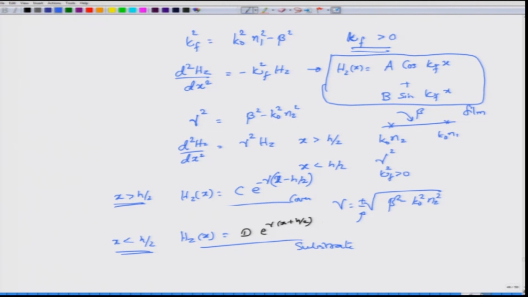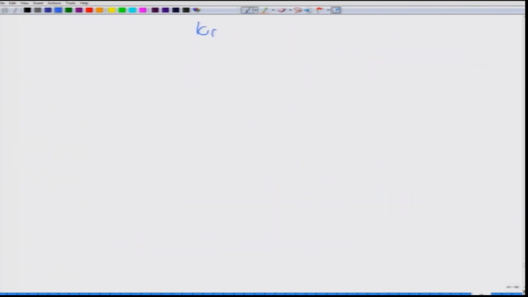Now, our step would be to find out the relationship between kappa f, gamma, beta. I mean, our goal is to find out what is beta, and I cannot get that one unless I know how to obtain kappa f and gamma. So, somehow I have to get a relationship between these, and that relationship will be obtained provided I know the characteristic equation for beta, and to do that one or to derive that one, I need to apply the boundary conditions. Okay. So, I am going to apply boundary conditions, and what are the boundary conditions?